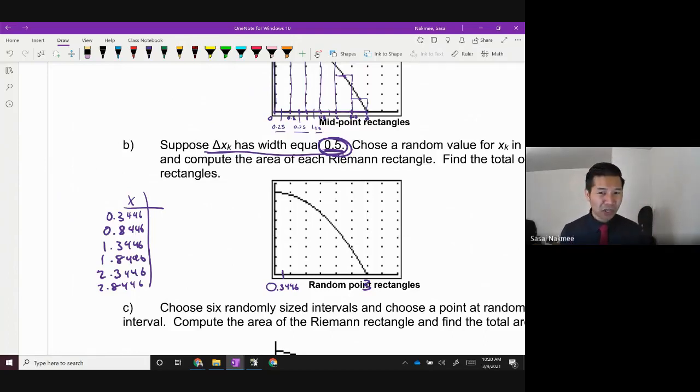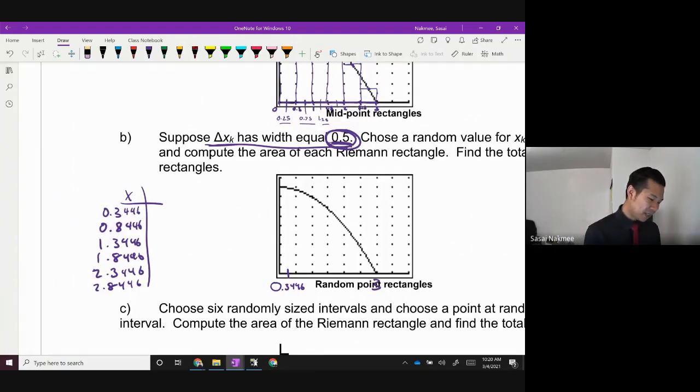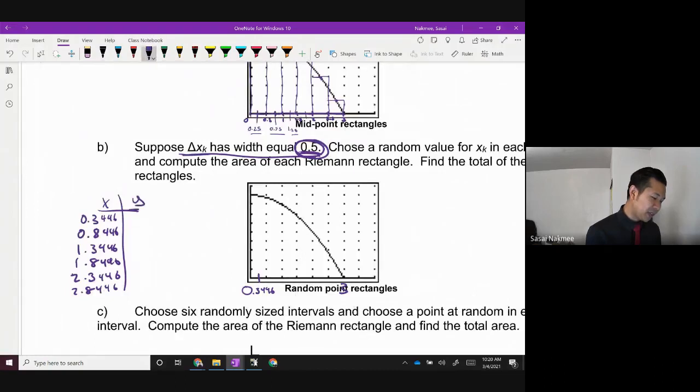There are cases where you're not going to have the function given to you. Instead, you're going to be given a table, and on that table, you have to get the output values based off of the table. In this particular case, we have the function, so we can just type this into our calculator and have it do it for us.